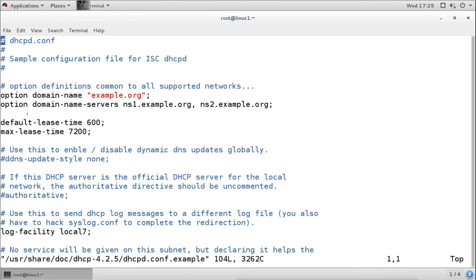It is showing here that these are the options, the DHCP server's options we have. The option says the domain name. This is our DNS domain name, and this is the domain server, that is our DNS server names here. So we can define the domain name and DNS server like this. Then the lease period is this. We can define the lease period like this.